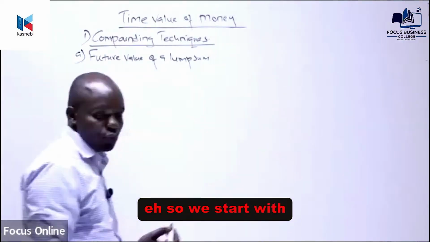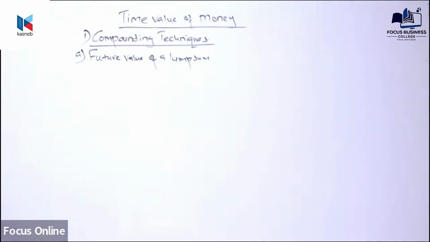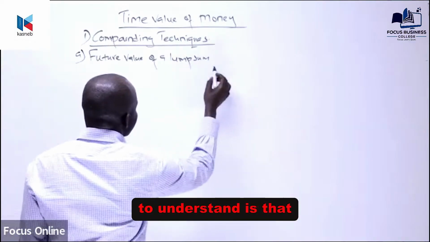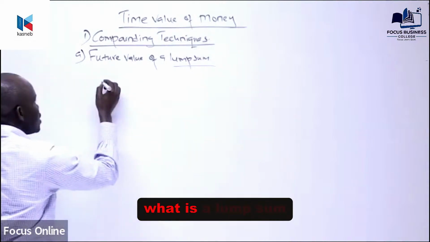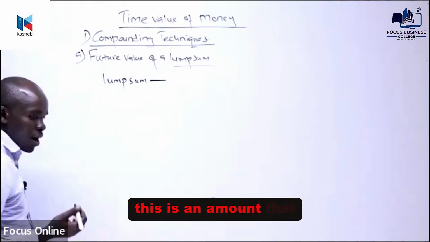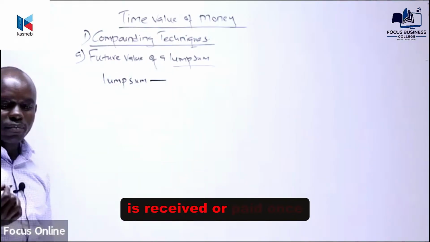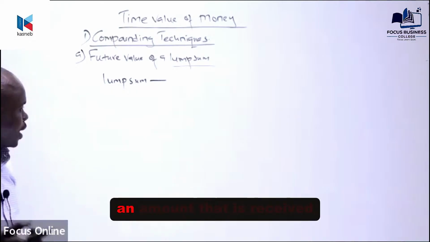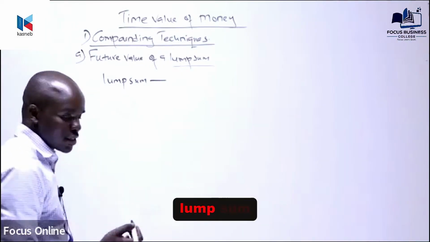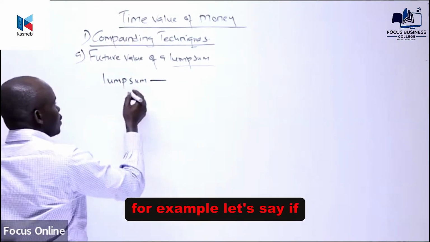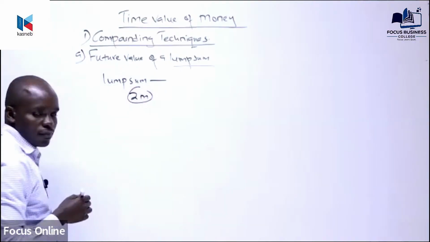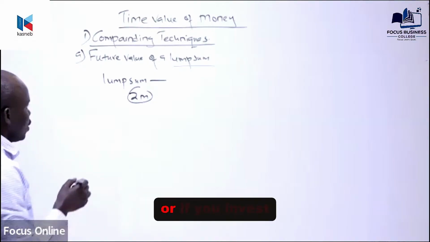So, we start with future value of a lump sum. The most important thing here to understand is what a lump sum is. A lump sum is an amount that is received or paid once. For example, if you pay or receive 2 million shillings today, that is a lump sum. Or if you invest,